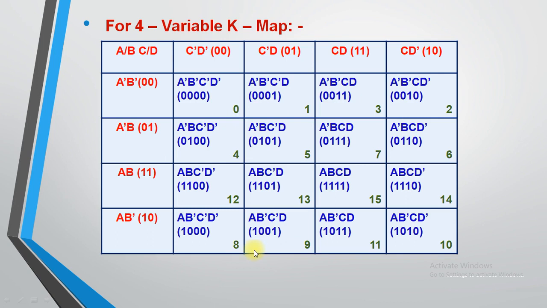I hope the K-map design is properly understood, and based on that you need to write it in the book. So at the time of the exam you can refer to it easily. I hope the concept is properly clear. In our next session we will continue with the K-map only, because this is a most important concept, right?